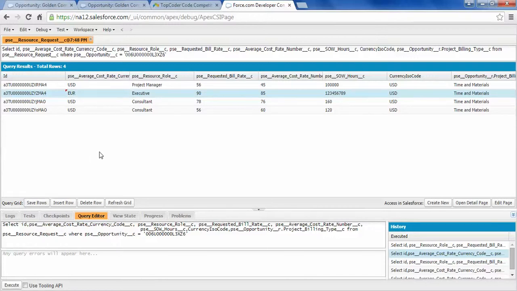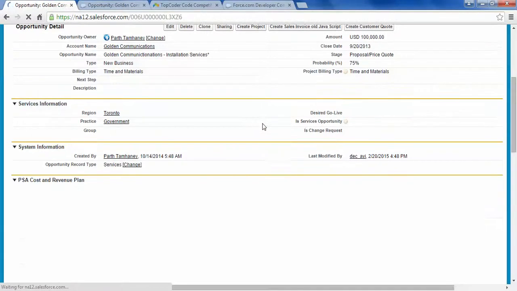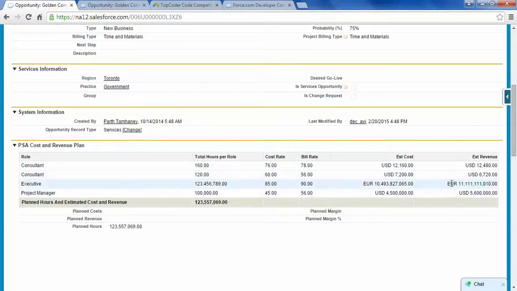We have taken a confirmation to check this currency field rather than the currency ISO code, because this is the main determining factor for what currency is to be used. Now if I come back to this opportunity and refresh it, you will see this euro is coming, and that is why all things are blank except this planned hours. So this is the expected behavior and the working principle.